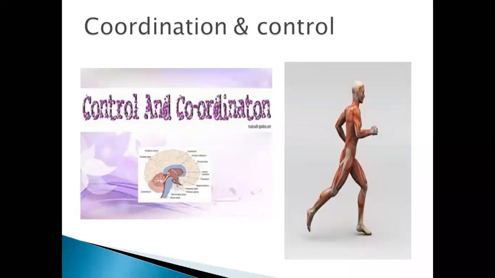Coordination and control. I am teaching you this biology lecture and you are learning biology. Can this process be done only by yourself? Can you understand biological terms by yourself? No. You need your book, you need your teacher, you need an instructor to understand biology. It means there are certain things that are coordinating with each other. You are coordinating with me at this time to understand your topic. It means there is coordination. So coordination is compulsory in all aspects of life, or in all activities that are being performed by your body.